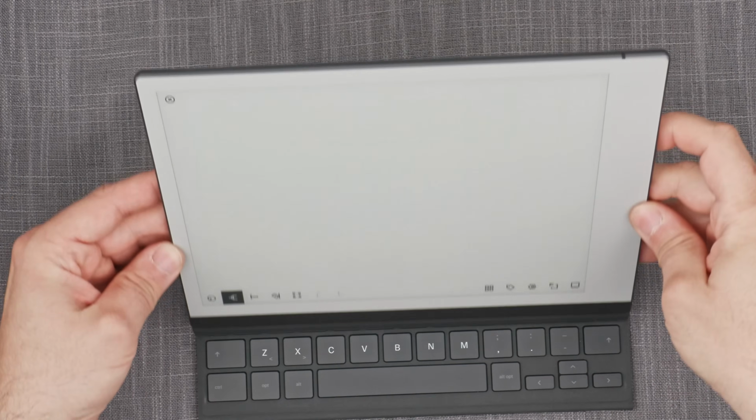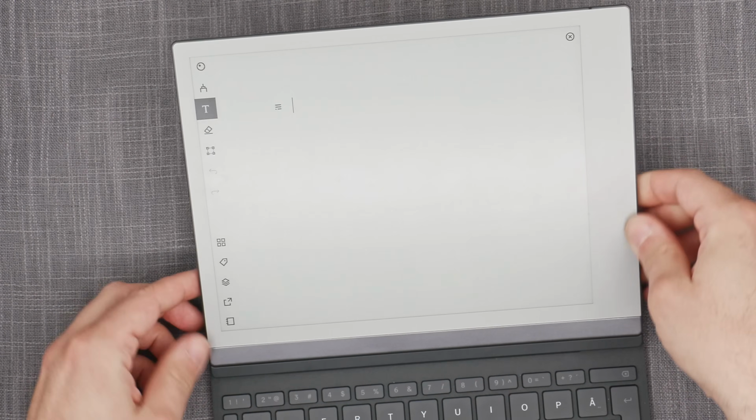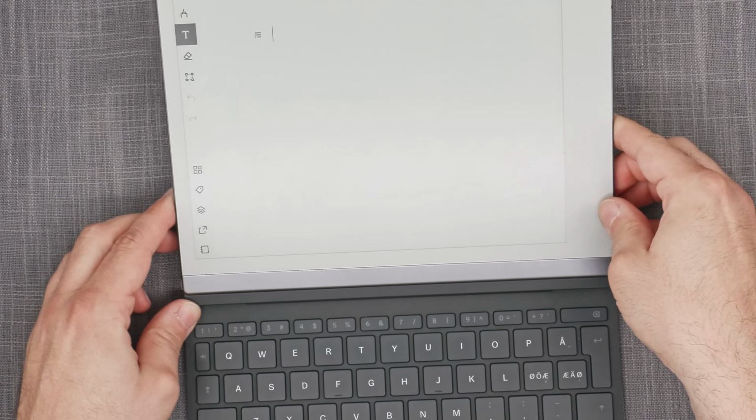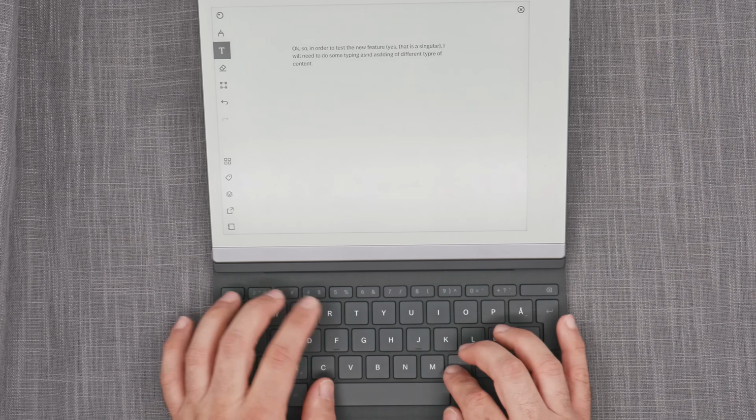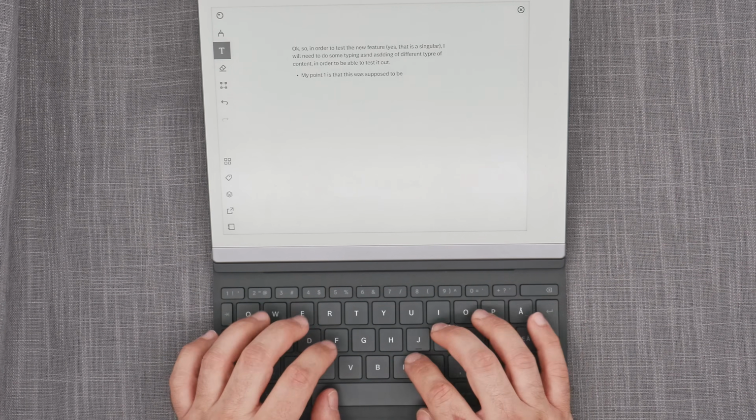It can work as a digital typewriter, but it is extremely limited in such a role. The device itself doesn't really have a Bluetooth capability, so the only way to use it as a digital typewriter is by purchasing a specific and a very expensive add-on, which is called Typefolio. The flipbook cover, not the Typefolio, but the flipbook cover itself, is functional but basic, and the device has very limited storage size. Connect subscription is something that is required for some of the functionalities, although majority is not locked